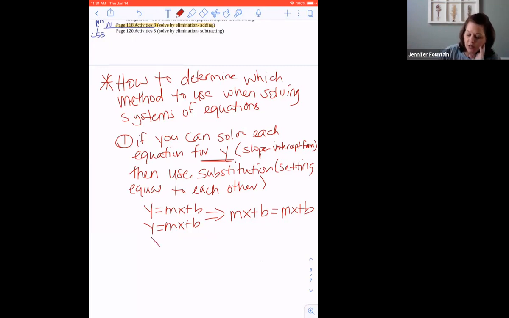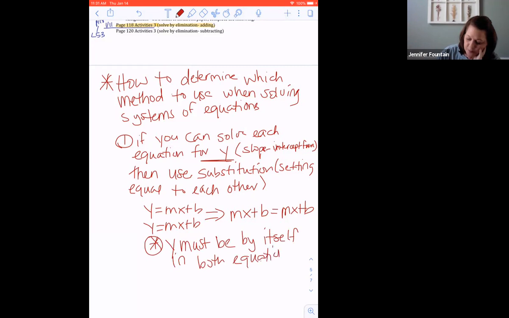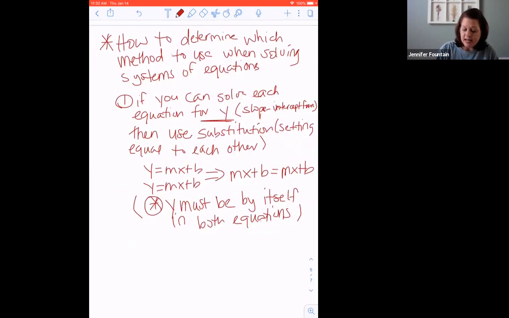So I'm going to put a note here. Y must be by itself in both equations. Okay. Now let's say that you look at an equation and you go, nope, I can't solve for y in both of them. Maybe I could for one of them, but maybe the other one is 2y and I couldn't solve for y. So then the second thing I'm going to do is I'm going to look